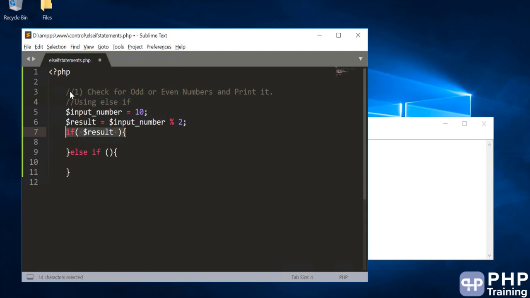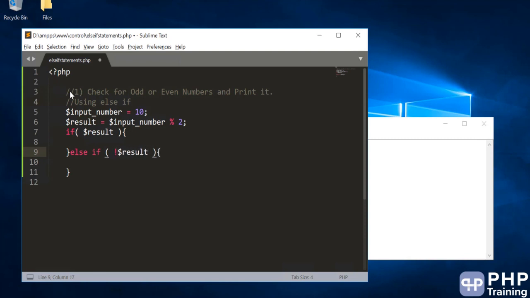Okay, so else if is basically if you have if and you want to do another if condition. Previously we have if and else. Now it is if and else if. Else if means you can put one more curly braces and put one more condition there. So you can say else if